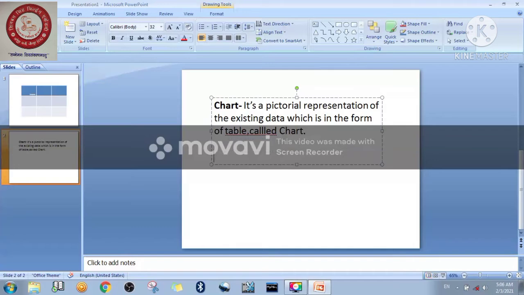Now I'm going to write the definition for data sheet. So what is a data sheet?